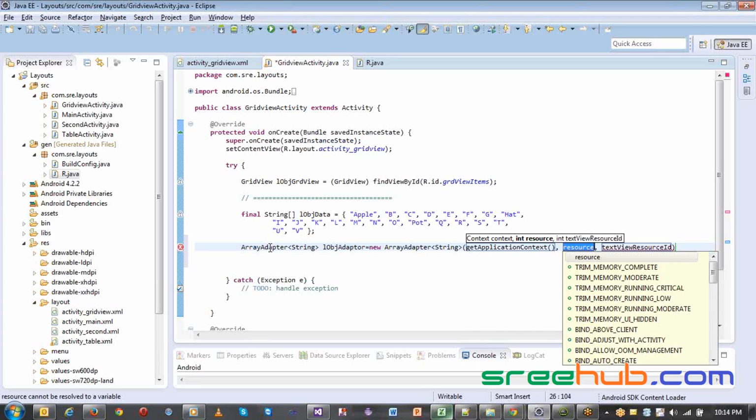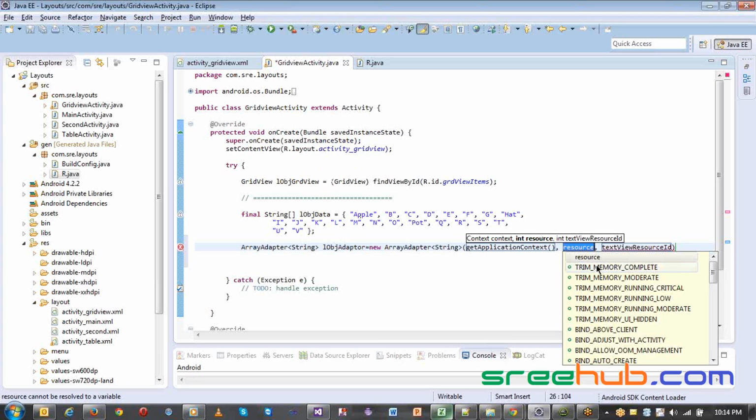Now this resource is nothing but something you can see here. Each and everything is a text, right? So we know that it is text, and maybe the adapter will know that everything is string. But when you map the data to your grid view, grid view is a view group, which means it holds only controls, which are widgets. So here you have to mention the resource which is going to handle your data, which can be mapped to